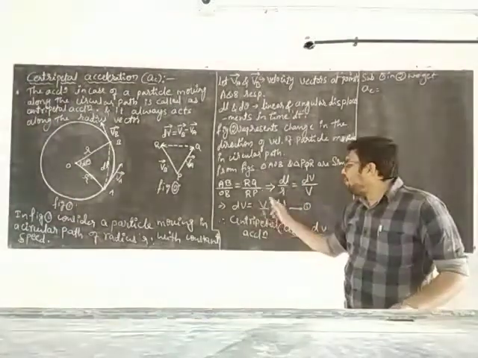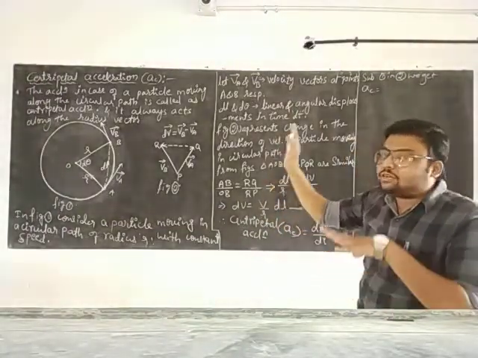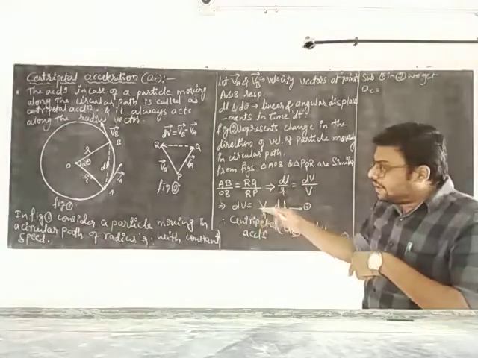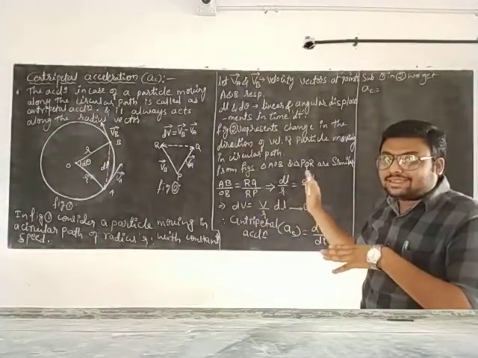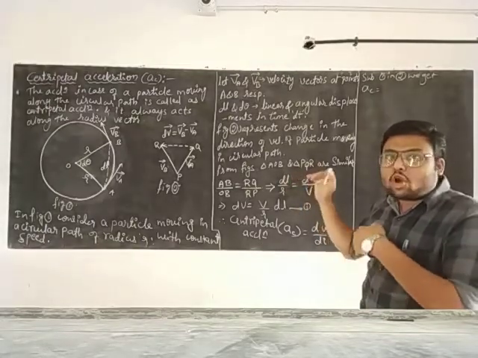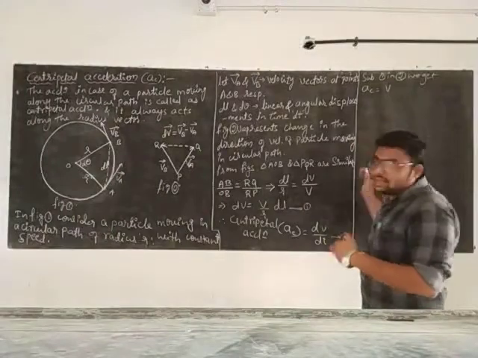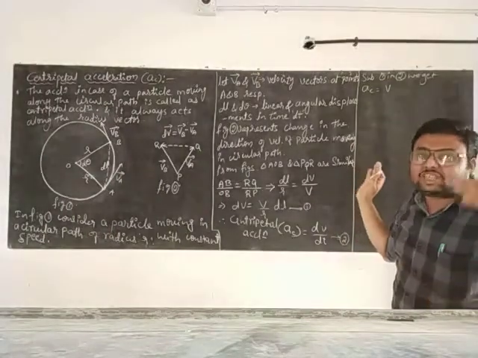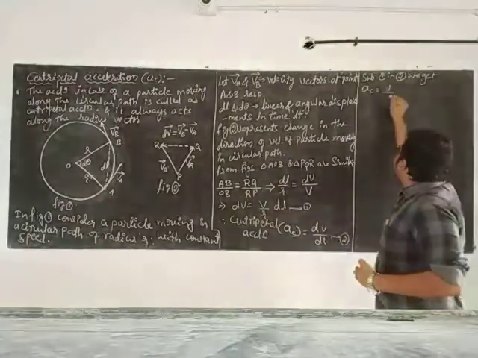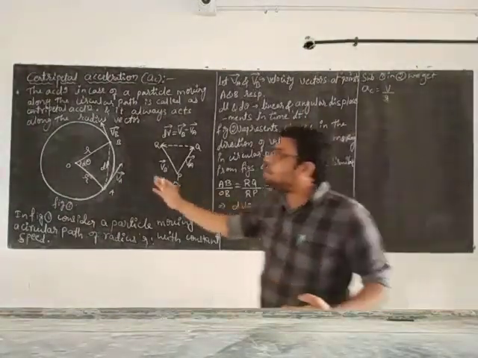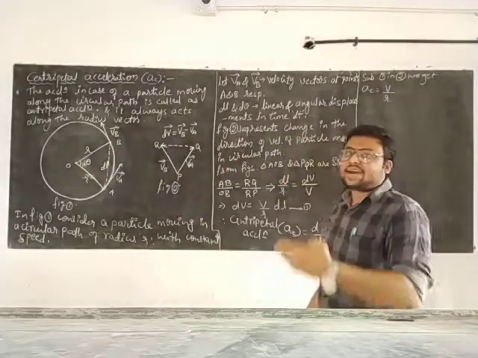Here V is only the magnitude of the velocity. Speed is constant. The magnitude of velocity is constant, it is the same at every point, so it is not going to change. It is a constant, so I will take it outside the differentiation. And next, divided by R. The radius vector at all the points of the circular path, the R value remains the same